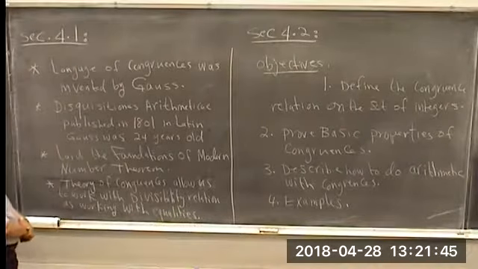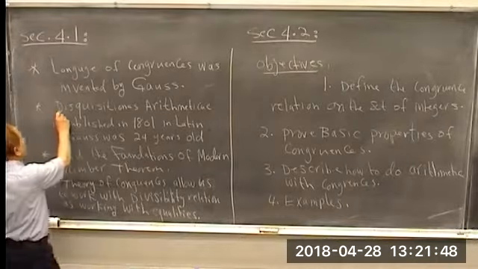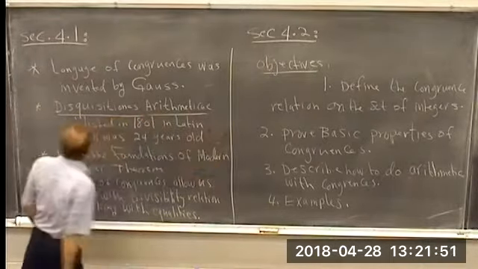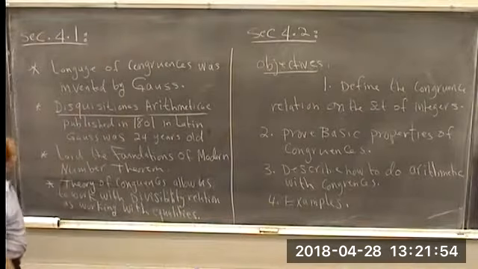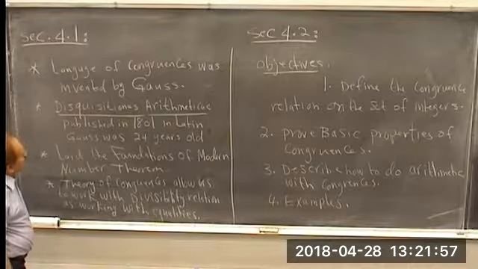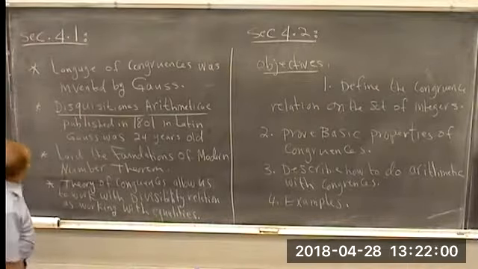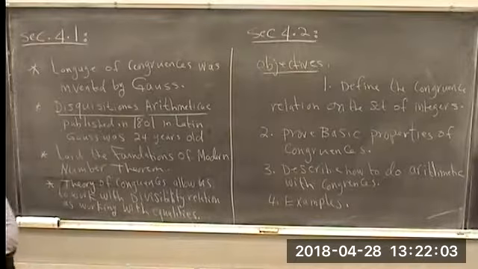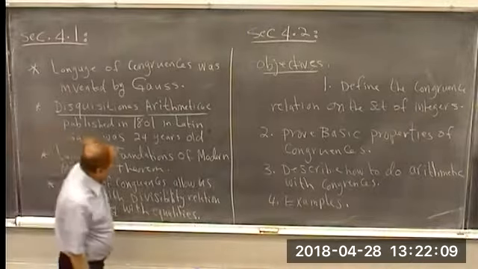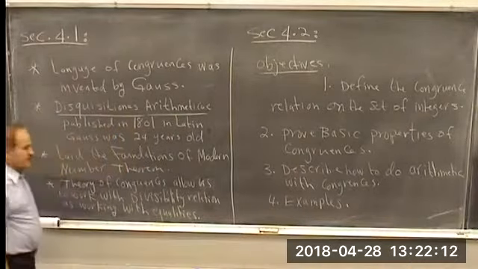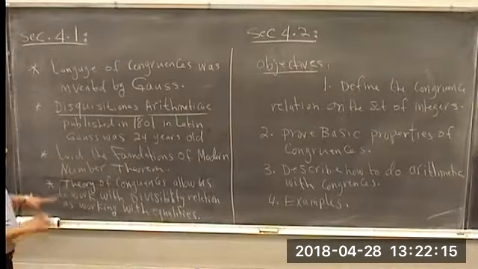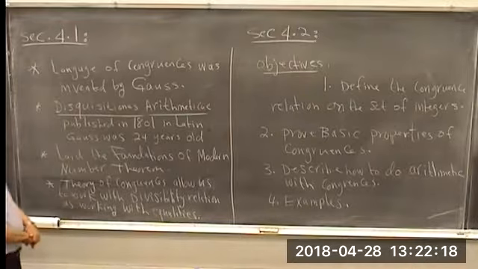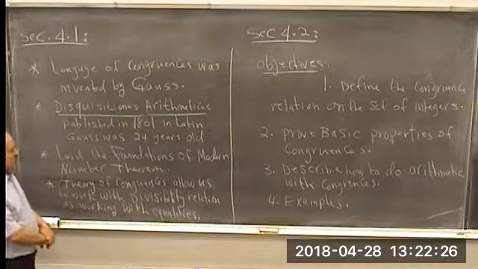Gauss at the time was 24 years old, and the name of the book is, I cannot pronounce this, Disquisitiones Arithmeticae. Actually, this treatise of Gauss laid the foundation of modern number theory. In other words, number theory was known since the Apollonian and even before that, but it was kind of scattered results, and Gauss put it in a form that is more or less what we nowadays call